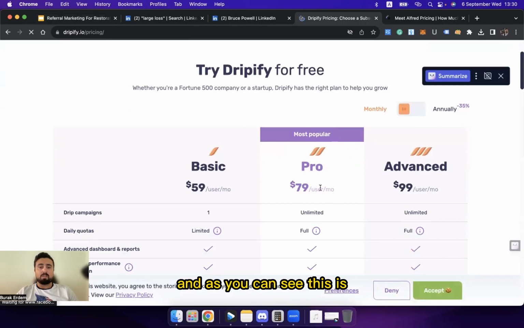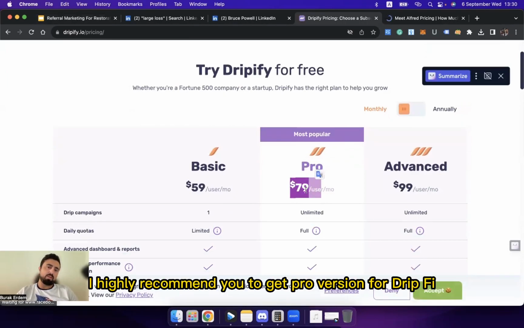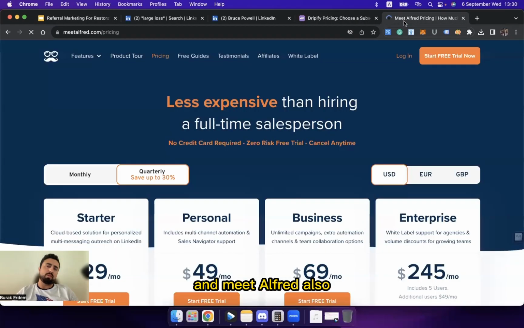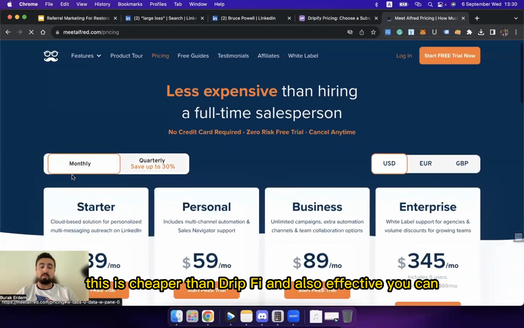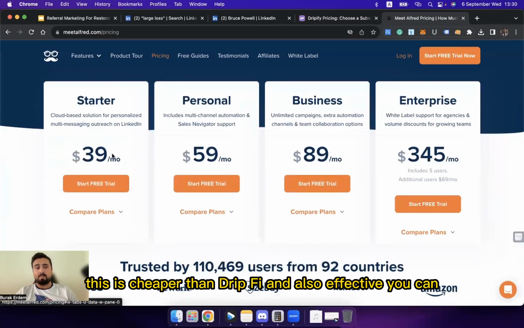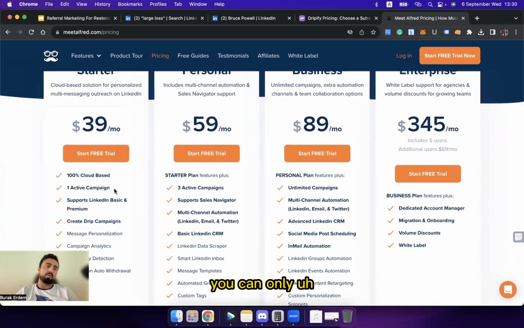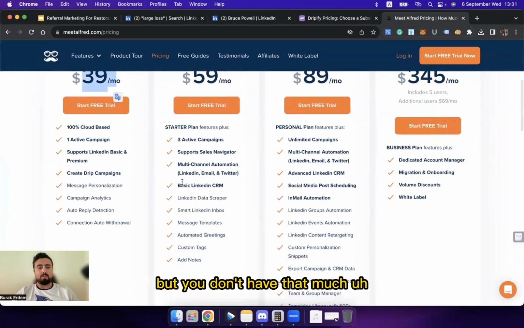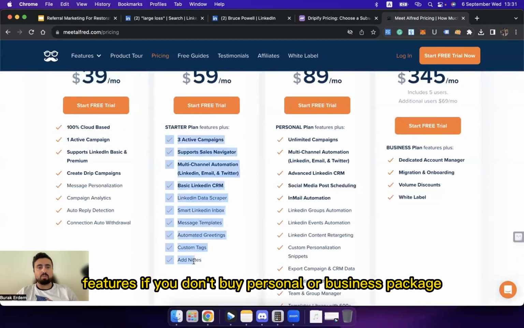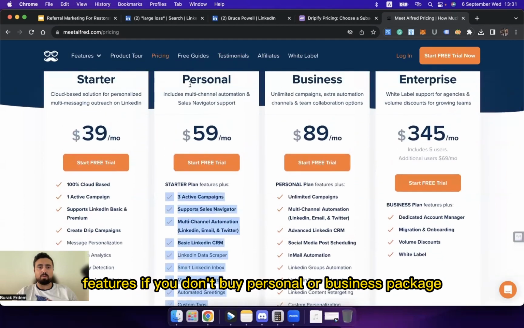And as you can see, I highly recommend you get the Pro version for Dripify and Meet Alfred also. Meet Alfred is cheaper than Dripify and also effective. You can only establish one campaign for $40, but that's fine. But you don't have that many features if you don't buy the personal or business package.